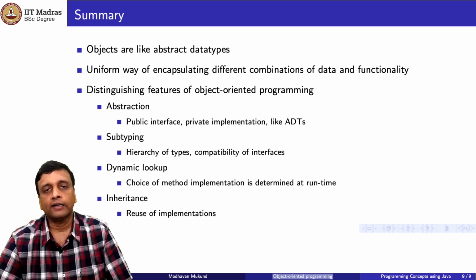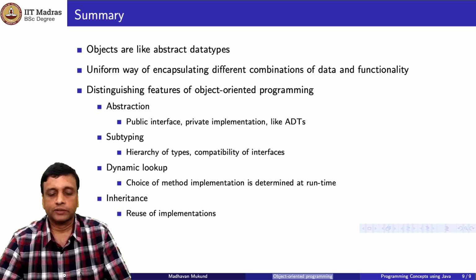And when you do that, it goes hand in hand with this idea of dynamic lookup. So you have a collection of objects which all share a common parent type. So they all have a common capability, but the exact nature of this capability depends on the specific object. So this is what's called dynamic lookup. When I invoke a function f, even if the variable is pointing to the parent type b, the actual subtype a will determine what the effect of f is on that particular object.